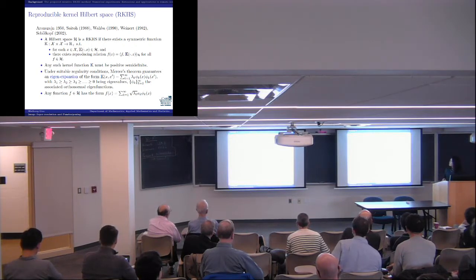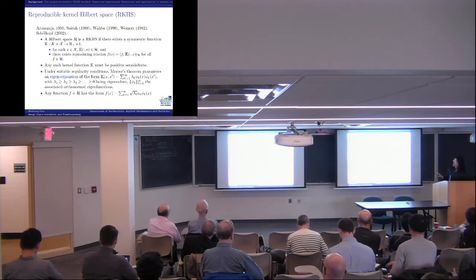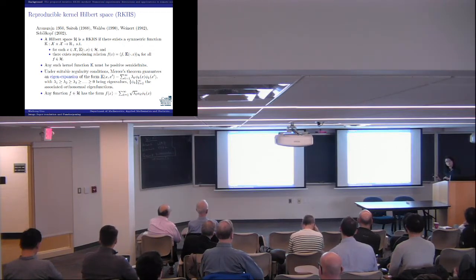So basically, it's a Hilbert space. It is a Hilbert space H that has a kernel. The kernel is able to reproduce a function f itself. If you have an f which is in the RKHS, you will be able to reproduce your f function by simply doing inner product of your f with the kernel. So that's why it's called reproducing. You'll be able to reproduce your function itself by doing inner product.